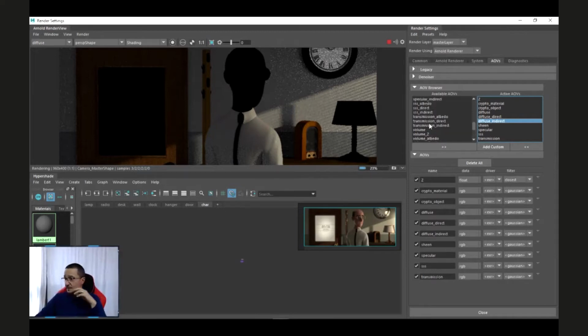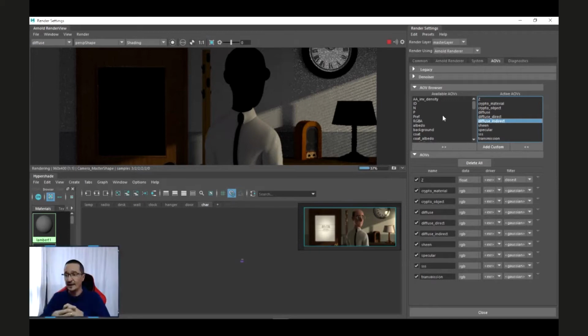You can have shadows. You can export almost all you want. What you can do more is use a render layer, because in each frame you have the character and the room.